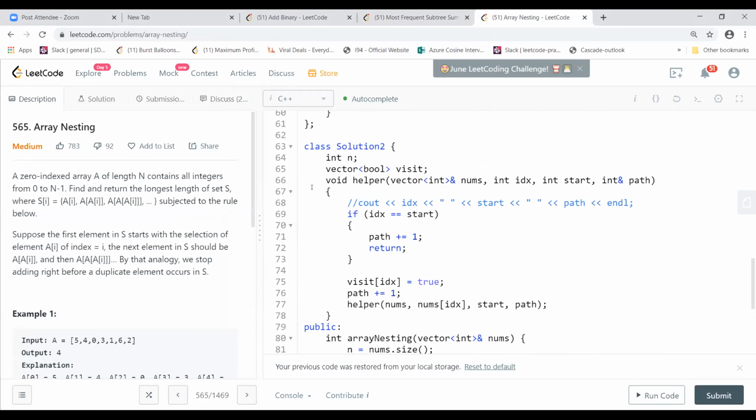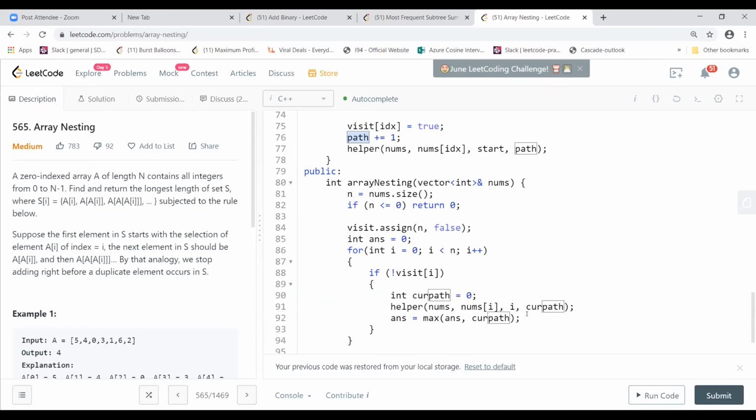That was my first solution: a recursive way, returning the path always, and incrementing the value of the current path. I was using all these inefficient ways.